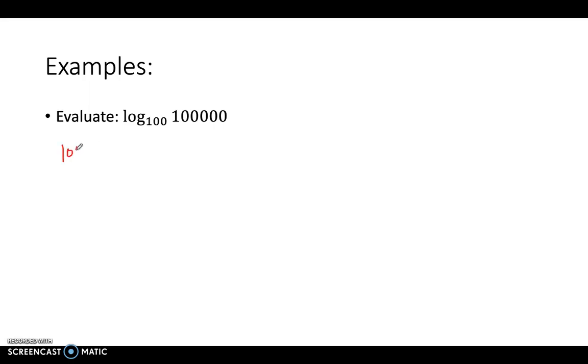So 100,000 is simply equal to 10 raised to 5, and 100 is simply equal to 10 squared. We can just write it in terms of a logarithm base 10, or a common logarithm. So we can write it as the logarithm of 100,000 divided by the logarithm of 100. So that's simply 5